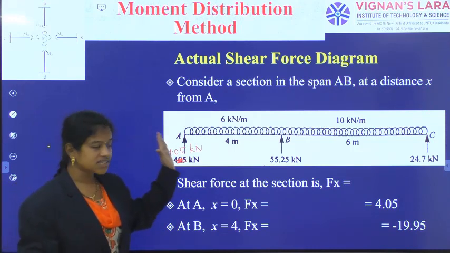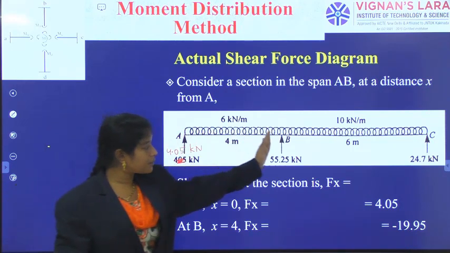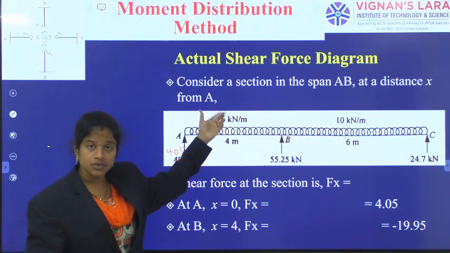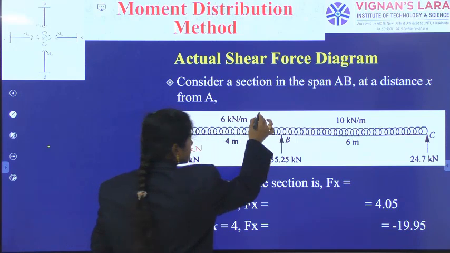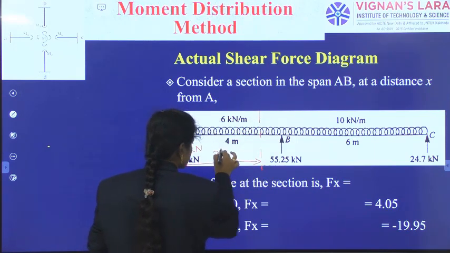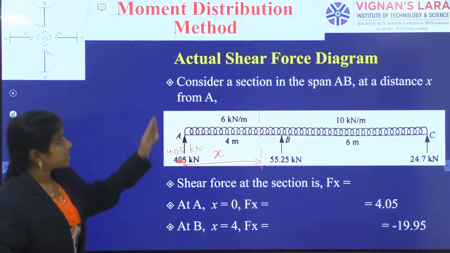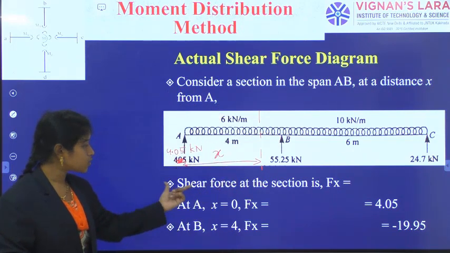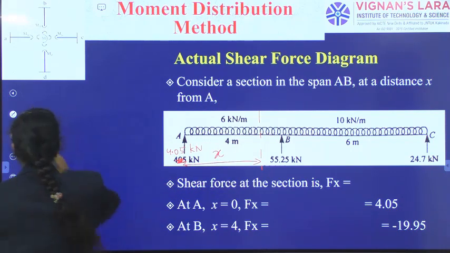So once you start from the left up to point B, it has this reaction and UDL only. So the first section we can take from the left at a distance x. Considering a section in the span AB at a distance x from A, the shear force at the section Fx is equal to